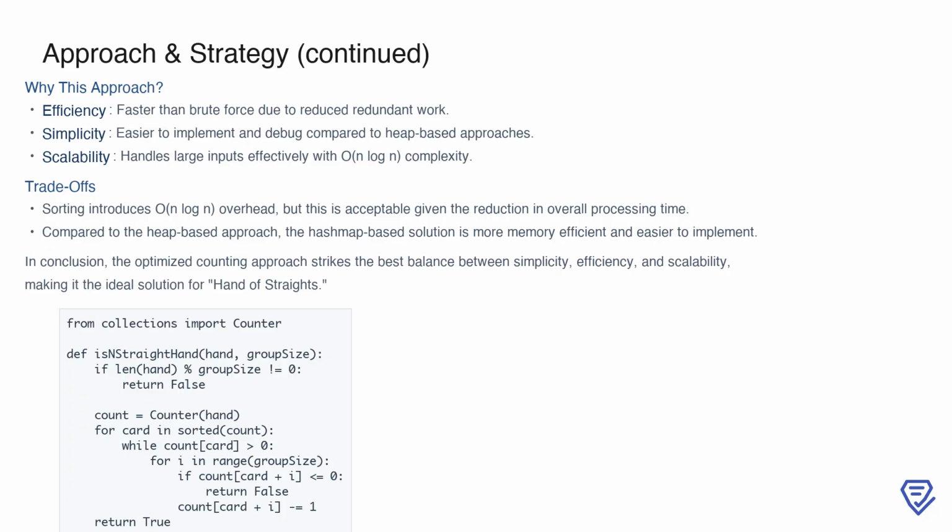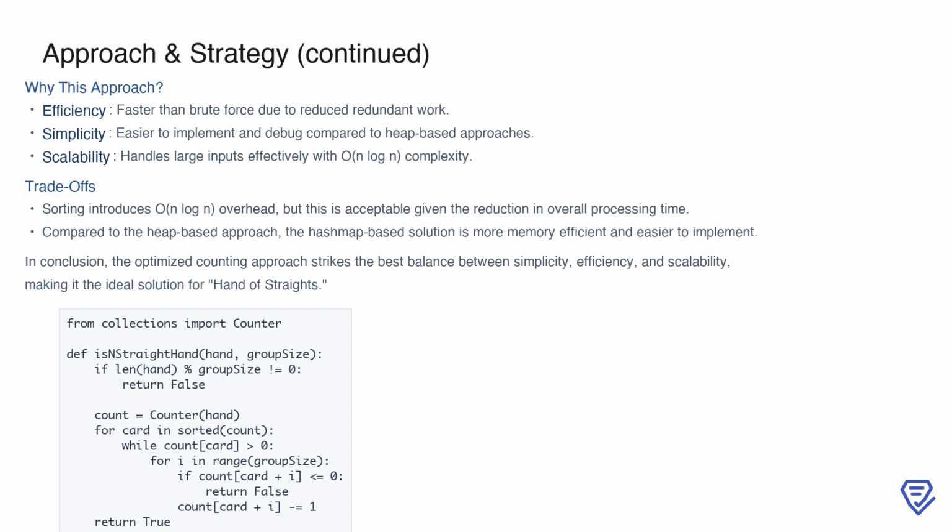Compared to the heap-based method, the counting approach is more memory efficient and less complex to implement. In summary, this strategy strikes the right balance between simplicity, efficiency, and scalability, making it the ideal choice for solving the hand of straights problem. The Python implementation provided demonstrates this approach clearly, leveraging a counter to track frequencies and iterating through sorted keys to